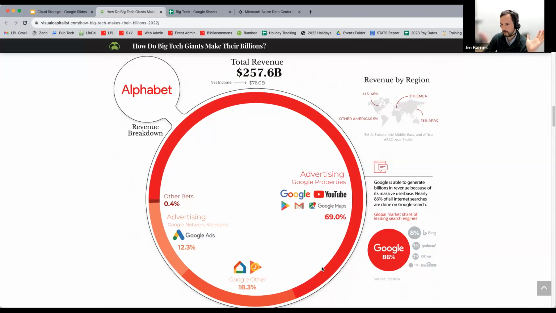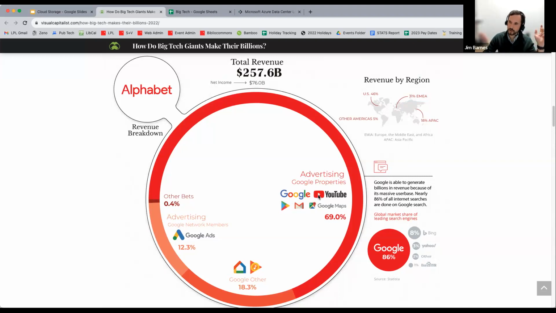So what they do is they give you free email, free documents, free spreadsheets, free cloud storage, free everything. And it seems like it's free, but what's actually happening is they comb through all of your email words, all of the things that you say in your email, and all the things that you type into your internet browser, and they sell that data to companies in order for the companies to target ads to you. And they make close to 70% of their money on ads.